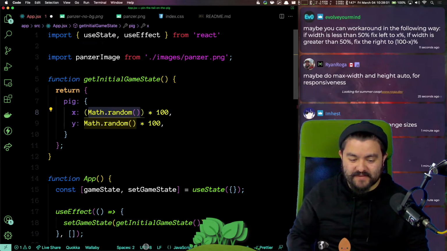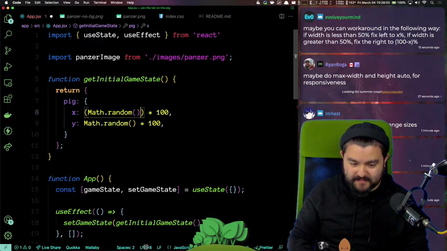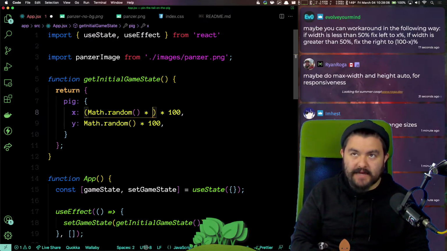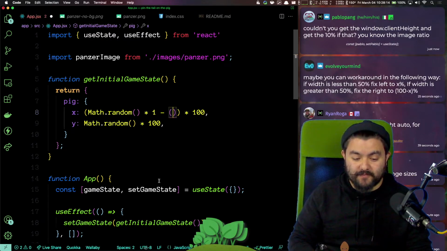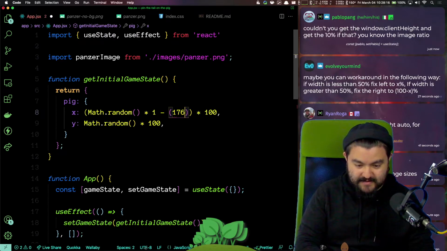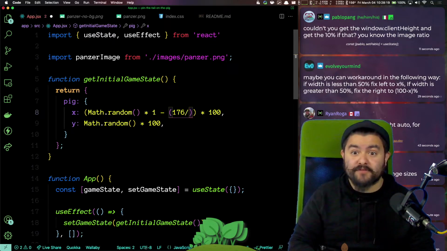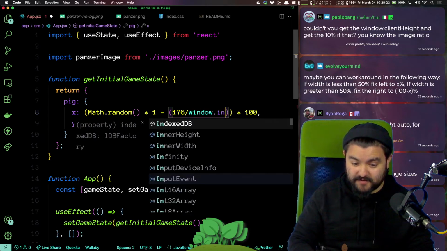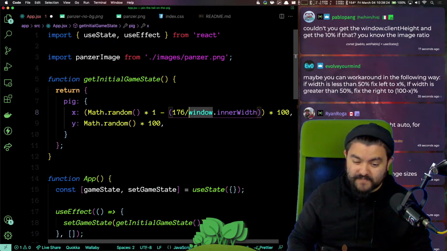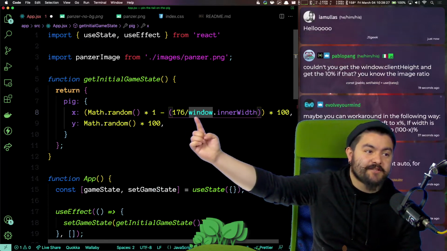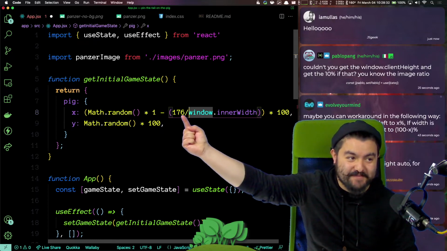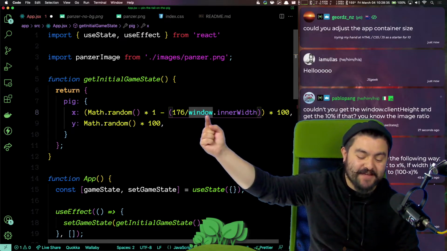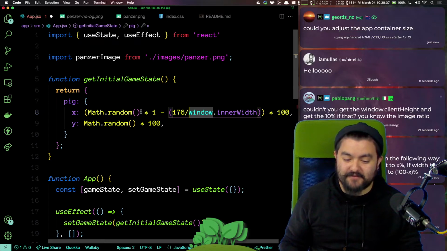So this is going to be Math.random times the maximum possible value, which is 1 minus the width, 176, out of the width of the page, which is window.innerWidth. That's going to give us a percentage of the page based on its current width and the width of the image, and that is the maximum possible value of Math.random.